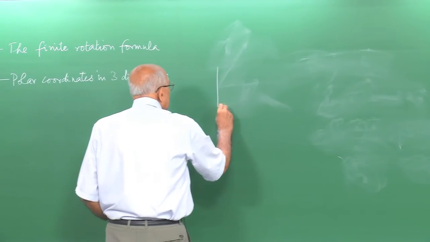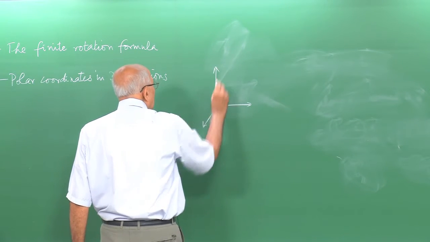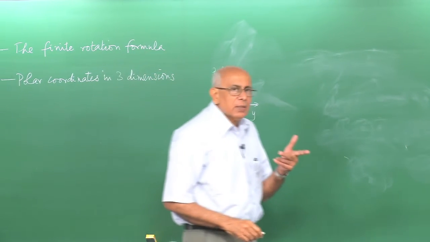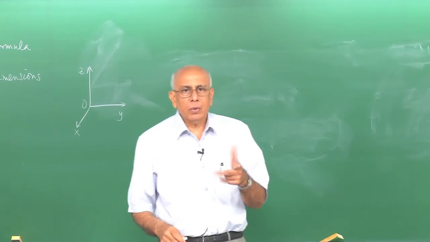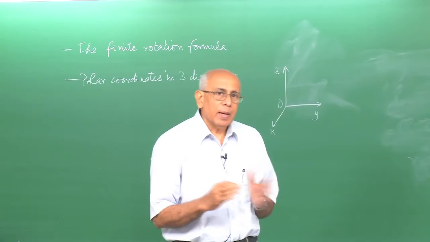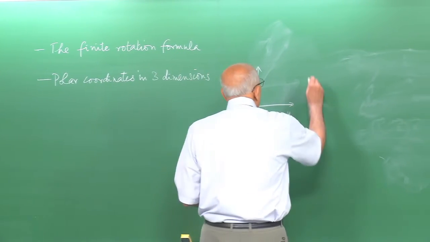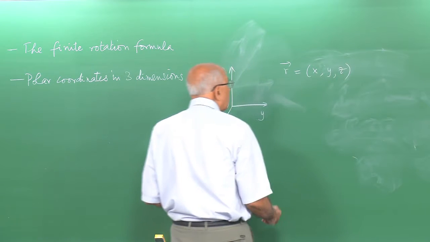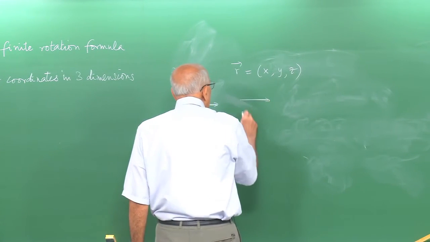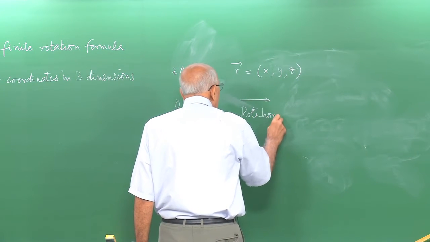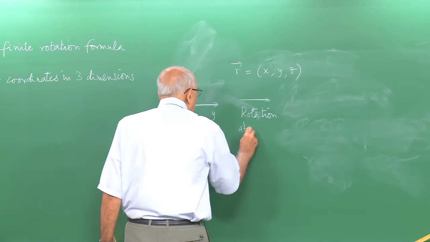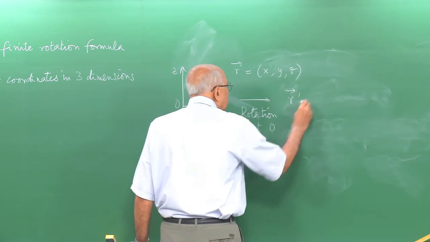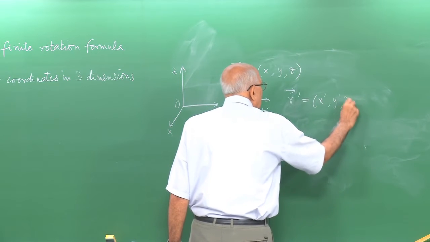I've already mentioned several times that if you give a coordinate system O with x, y, and z axes, and we rotate this coordinate system to produce another orthogonal coordinate system, new Cartesian axes x prime, y prime, z prime, such that any position vector r, which was originally x, y, z in Cartesian components, goes under this rotation about the origin, rotation about O, to a point r prime, or new coordinates r prime, which are given by x prime, y prime, z prime,